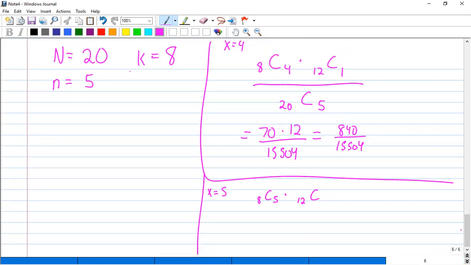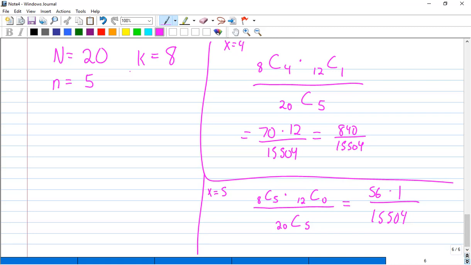So 5 minus 5 is 0, over, the bottom is always the same, so that's 20C5. All right, so 8C5 is 8 factorial divided by 3 factorial times 5 factorial. That's going to be 56. And then 12C0 is 1. So it's 56 over